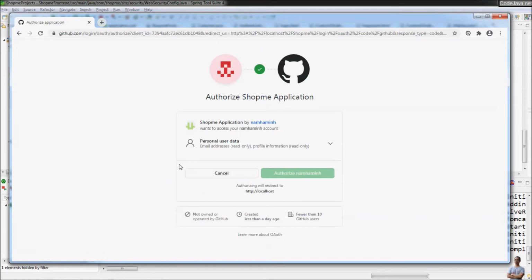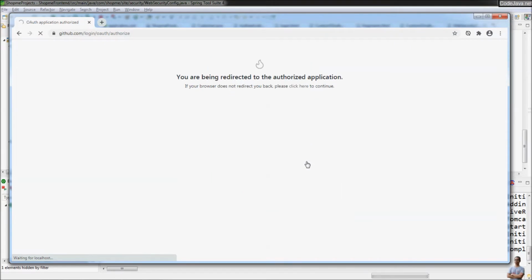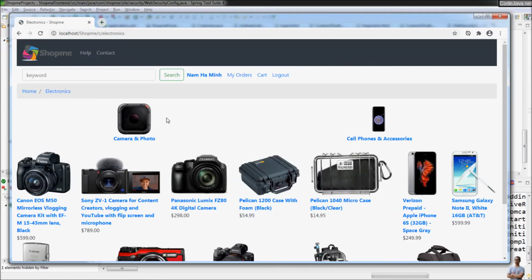And then GitHub asks for permission to the submit application, which is the GitHub OAuth app name, and click authorize Nam here. And you'll see GitHub redirects me to the application homepage, and it displays my name, my GitHub name Nam here,